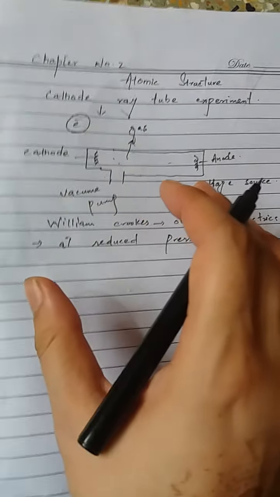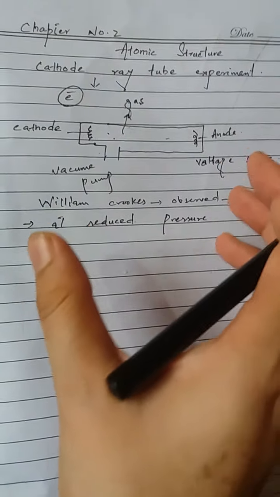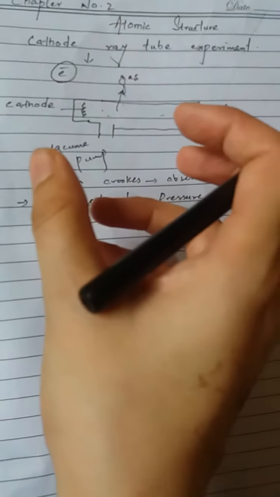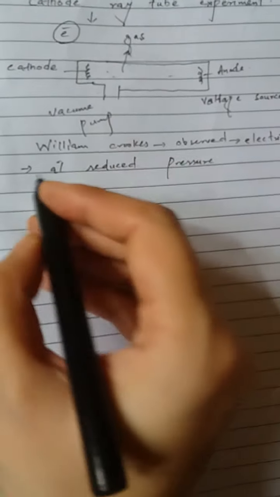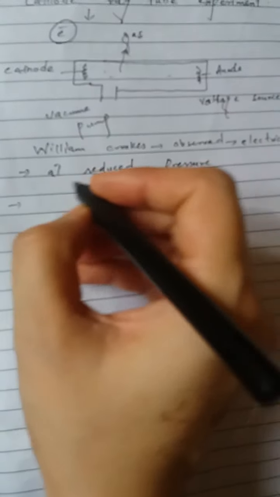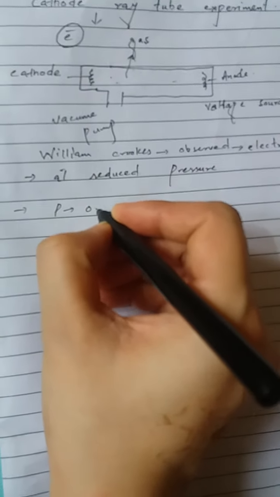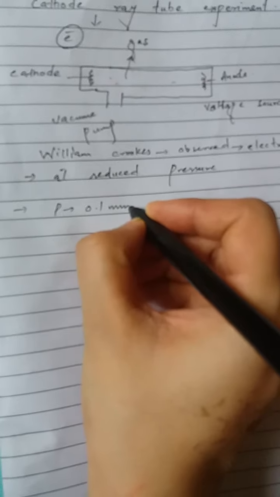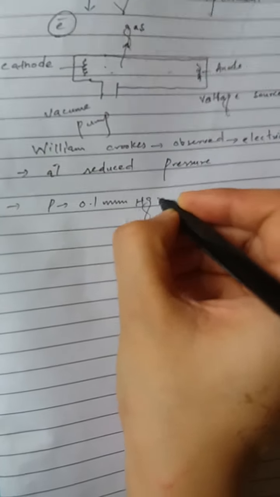Electrical conduction cannot take place under ordinary pressure, even when these electrodes are connected to a very high voltage source such as 5000 volt. However, when the pressure is reduced to 0.1 mm of mercury, then